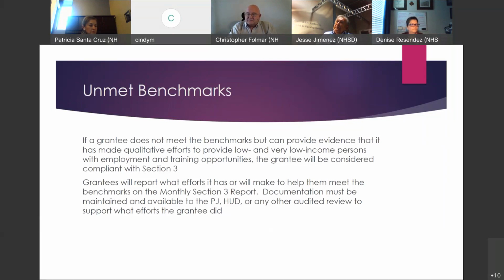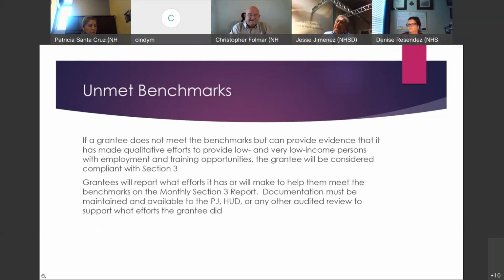So the monthly Section 3 report has a section at the bottom of the page with a checklist of items that will show the efforts made to obtain Section 3 compliance if the 25% goal is not reached every month. And it's not necessary to have 25% Section 3 labor hours every week, but we do have to have 25% of all labor hours worked on the job through the life of the job. So if it's only 20% one week, then the next week we may need to get 30% in order to meet that goal and make that average out.